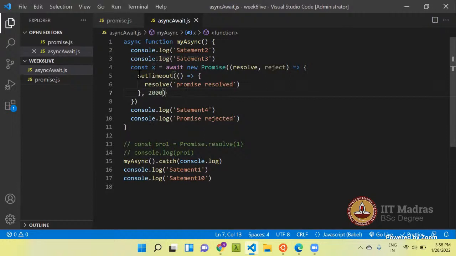I wanted to make this promise like this because I wanted to show you that these two statements will only be executed after this promise gets resolved. So I'll run this.